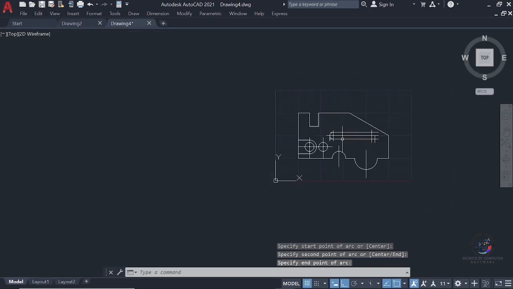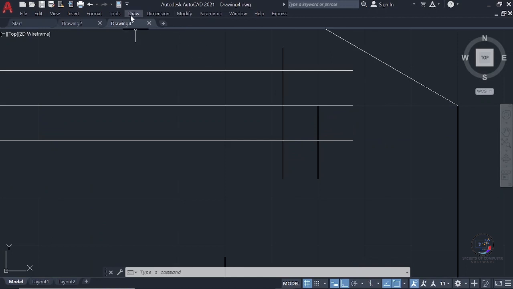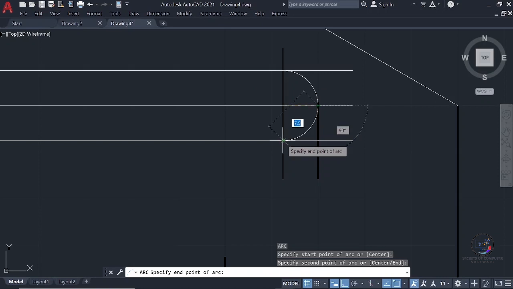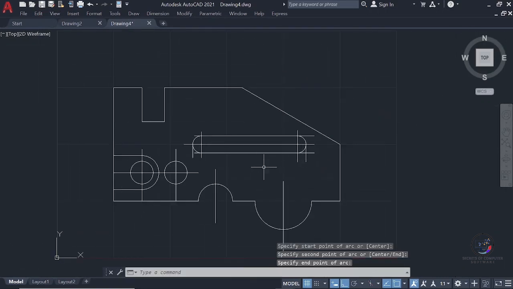You can use the circle button. For this time, let's use arc. Then click enter to repeat the arc command. Then click the first point, the middle one, the second point, and the last one. I see my arc has appeared. Have to delete the